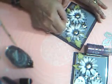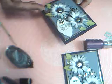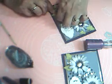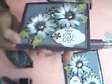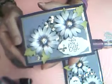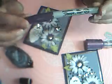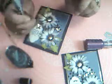Okay. Now we have in the center of all these little flowers, we could leave them like that and that would be fine, but I want a little something more on the inside. Oh, let me get this one out from under. I got to get that underneath the flower. And see, it's perfectly beautiful like it is, but I wanted a little bit more. So I thought I needed something in the center of the flowers. So I tried this Sharpie. I have a purple Sharpie, and I used that, and that was nice,